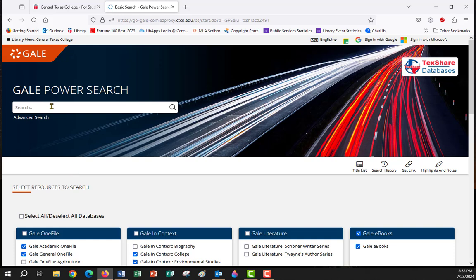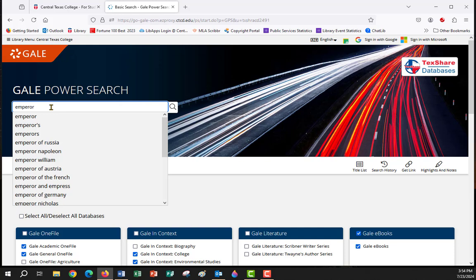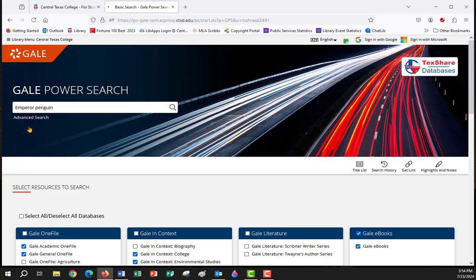And then up here, I'm going to enter my search terms. The keywords I'm looking for: I'm going to be studying the emperor penguin, so that's what I'm going to type in. As I start to type, you'll notice that there are some type-aheads showing up. When I start typing emperor penguins, I have lowercase and I have a capitalized Emperor Penguin. I'm going to use this one because it will probably be the better of the two. So if I click on that,